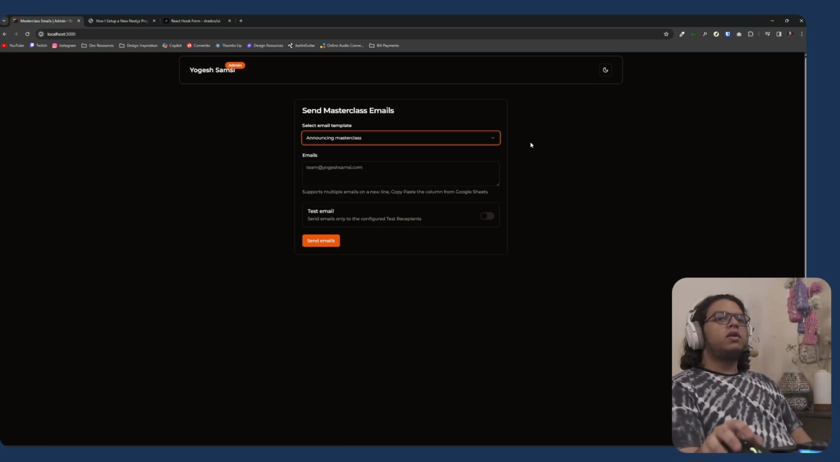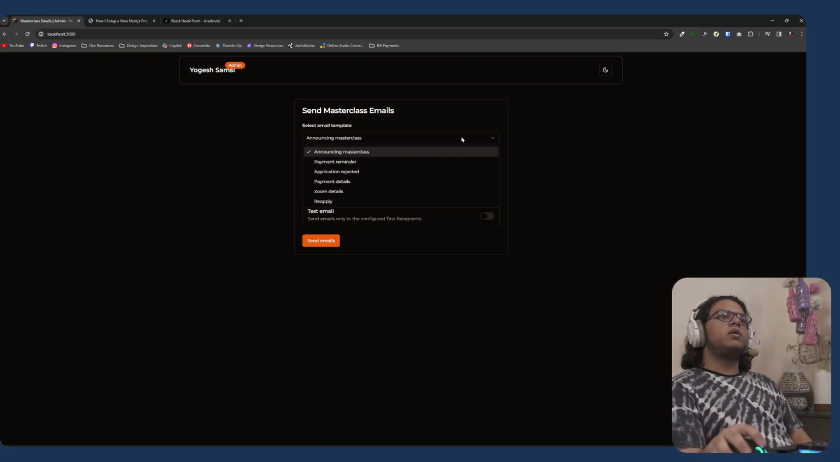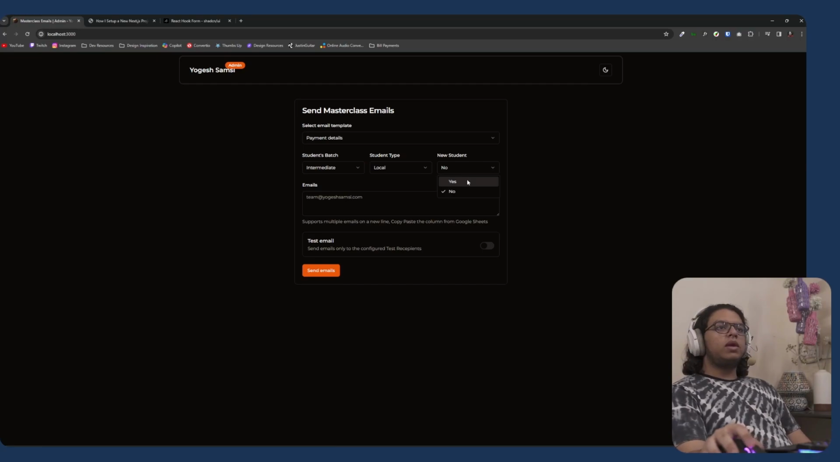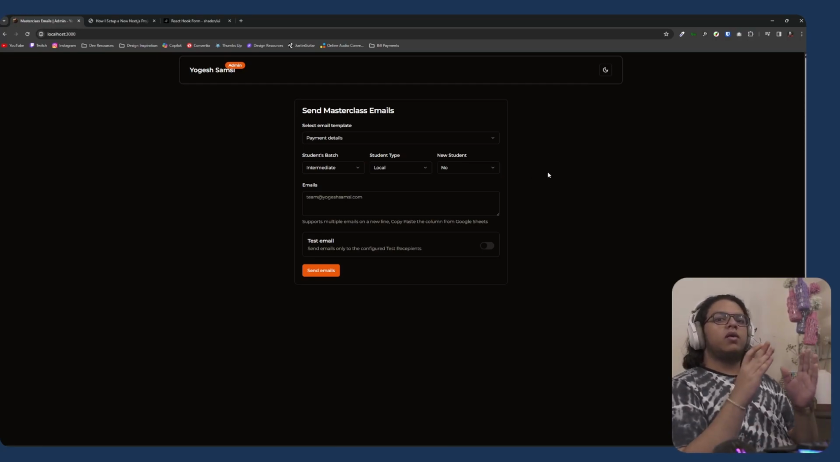So I'm going to store this as a TypeScript enum so that we know that the type can only be one of the options that we set it to be. Then we want the student batch, the student type, and whether they're a new student or not. So these two will again be stored in enum since they are two string options and nothing else. But the new student will be a Boolean